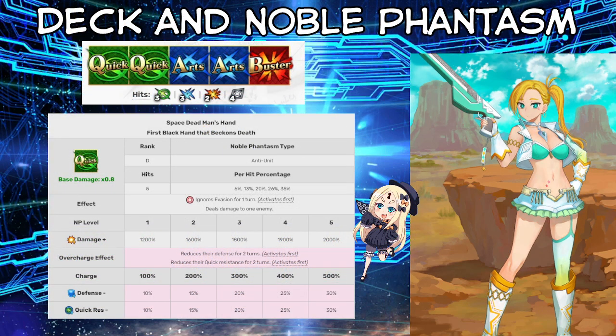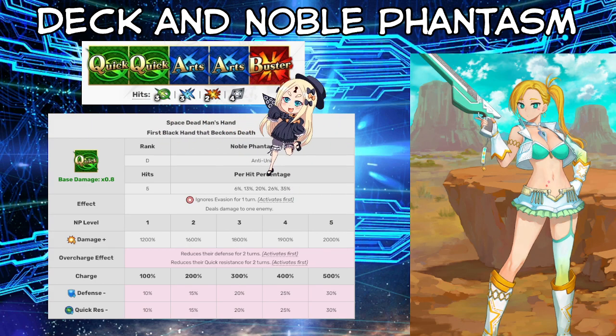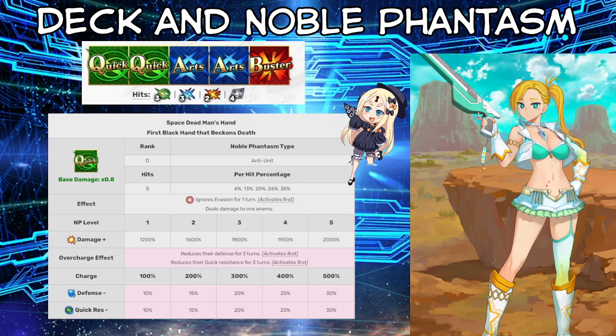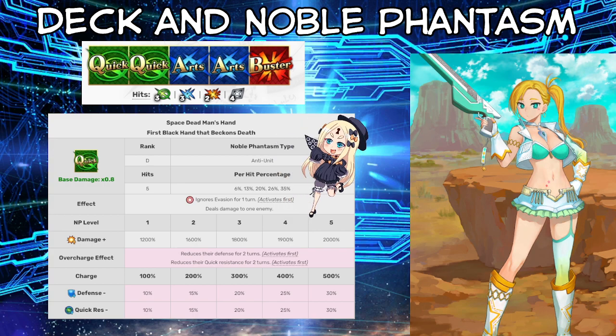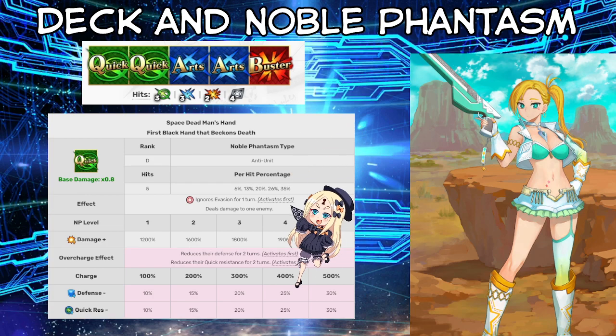Taking a look at her deck and NP, her deck contains 2 art cards, 2 quick cards, and 1 buster card, a non-standard 2-1-2 deck with an extra quick card over a buster. Her noble phantasm, Space Dead Man's Hand, first black hand that beckons death, is a single target quick NP. Did I say AoE earlier? I'm done. Anyway, single target quick NP that hits 5 times, will deal damage to the one enemy while ignoring